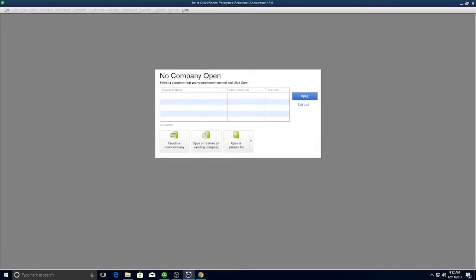Whenever we first open QuickBooks 2018, we'll notice that we get a No Company Open screen. There's nothing listed. This is a fresh install. So the first thing we need to do is create a new company. Out of the three options across the bottom, we'll want the furthest left, which is create a new company file. So if we select this,